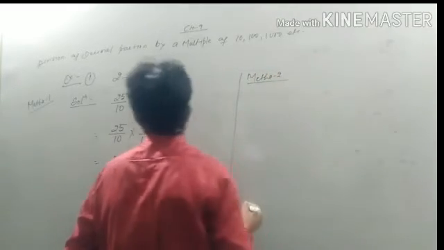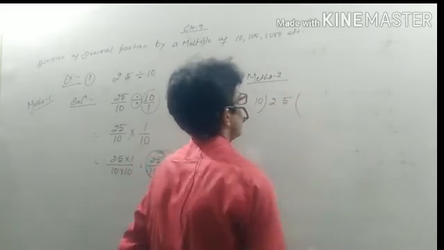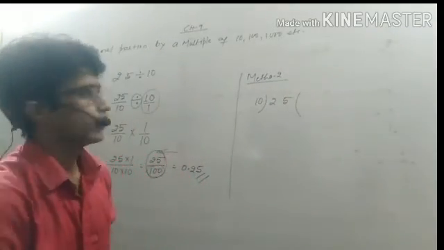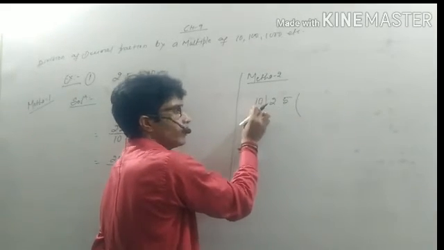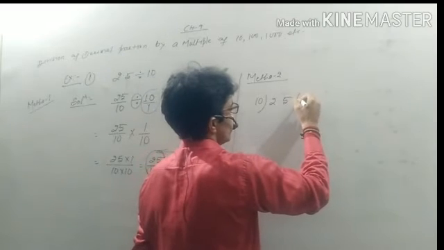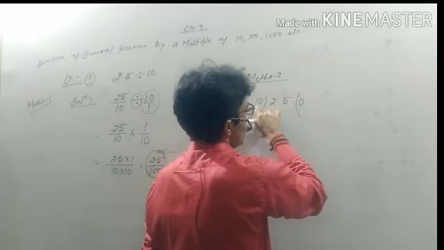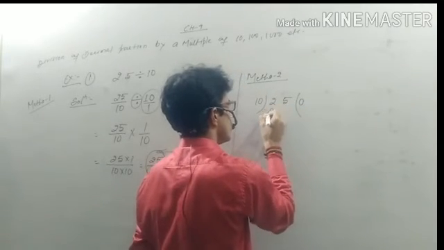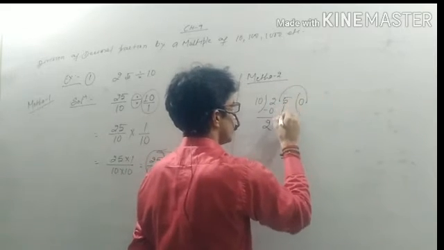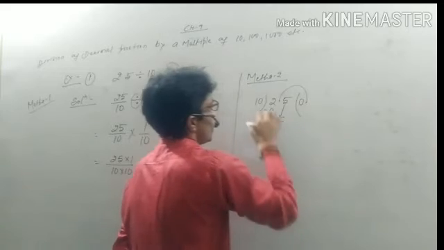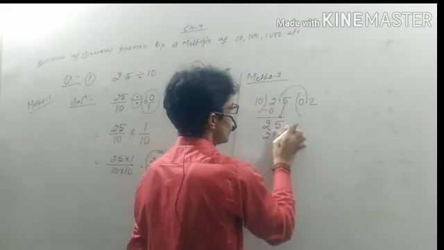Okay, and now the same question by the division method, the second method. Let us divide 2.5 by 10. 2 is not divisible by 10, so 0 times. 10 into 0 is 0. Now subtract, this is 2, and shift the decimal here and write down 5. 10 times 2 is 20.